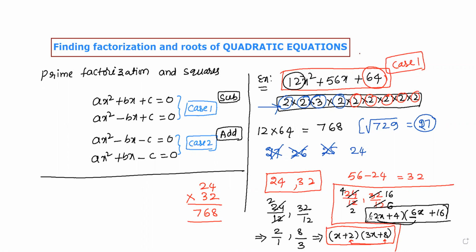Why is it happening? In the given question, you can observe 4 is a common number here. If you take that 4 common and transfer it to the right-hand side, then this will be the answer. But we are not taking 4 as common, so that is the reason we have to change like this. Thank you.